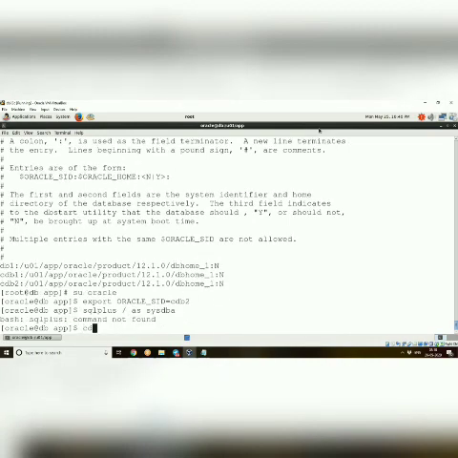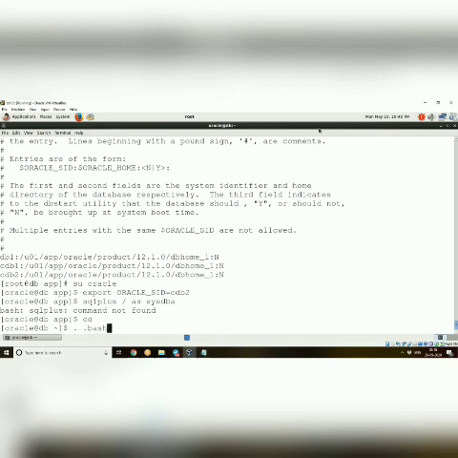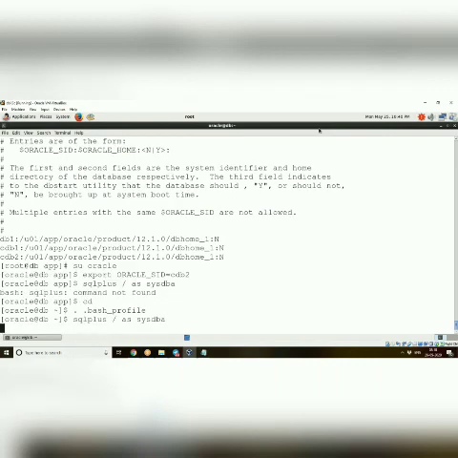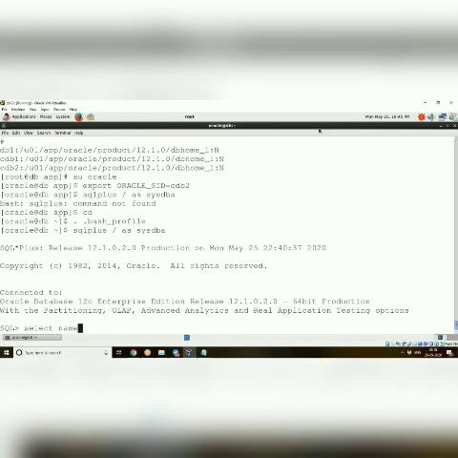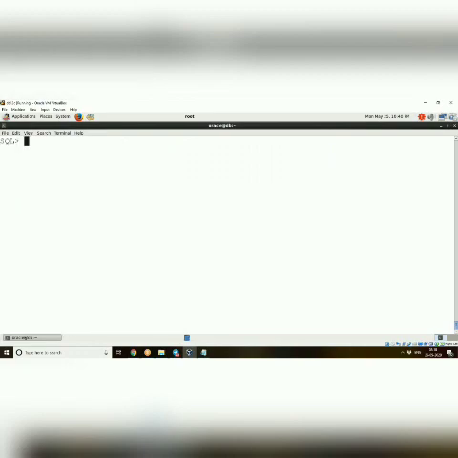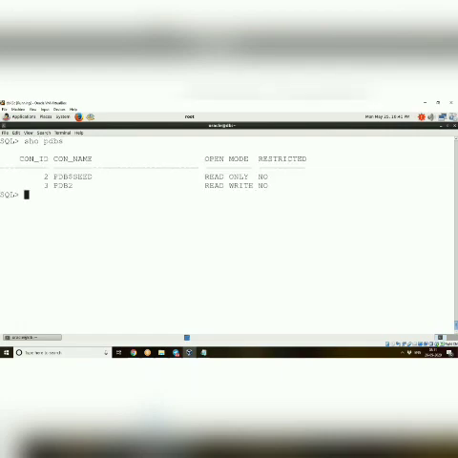I have to run the bash profile because it doesn't understand where the environment variables are. Select name, open_mode from v$database. Fine. So I have my container database CDB2, and I'll show pdbs. Only one I created, PDB2. Fine. So now my database is up and running.